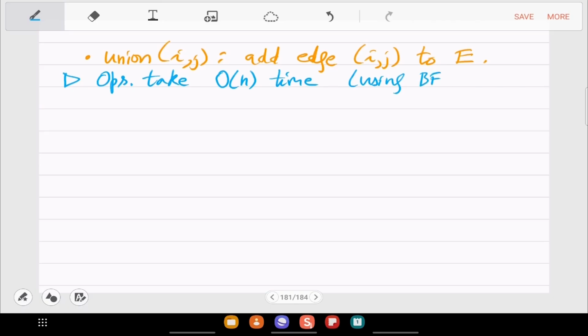Let's say you use breadth first search for the CC update. It's not just order n, this is more than n, this is big omega n. So necessarily in the worst case, it will take linear time. It will not take less. So this doesn't help. It is a valid data structure for the disjoint set problem, but the time is still very high. It's far from log n. So that is the idea 0.